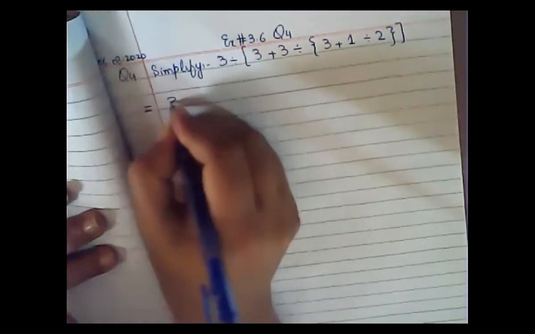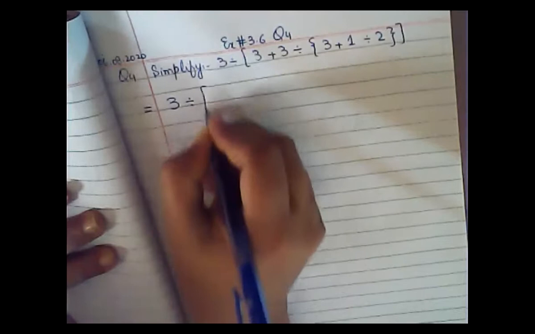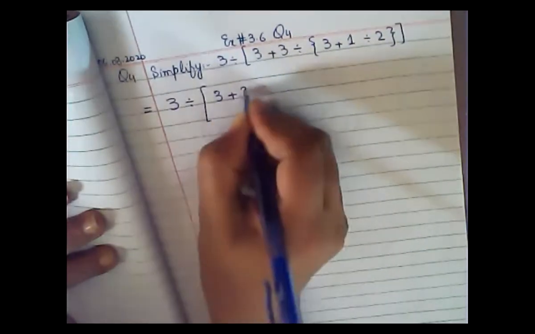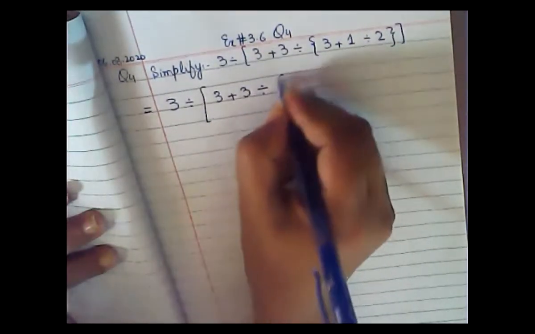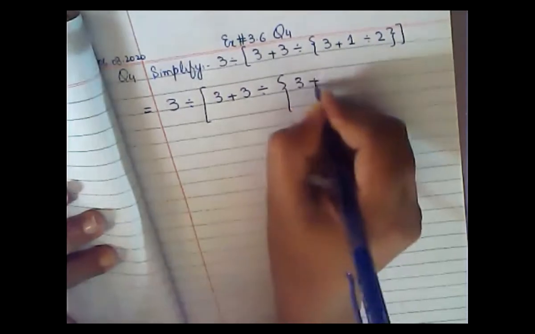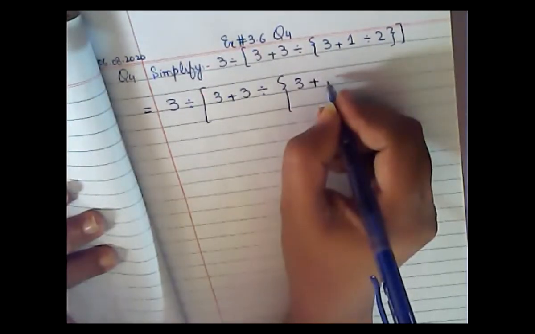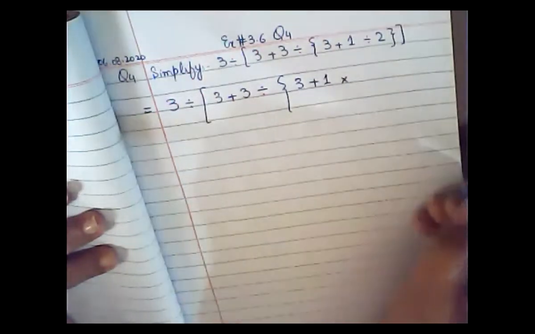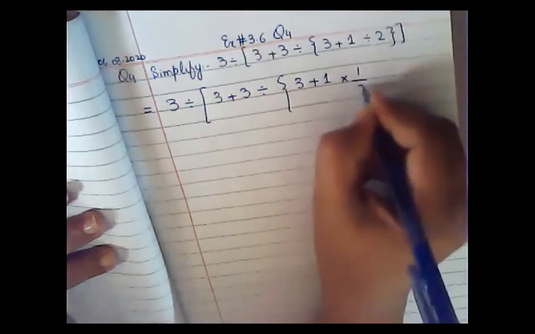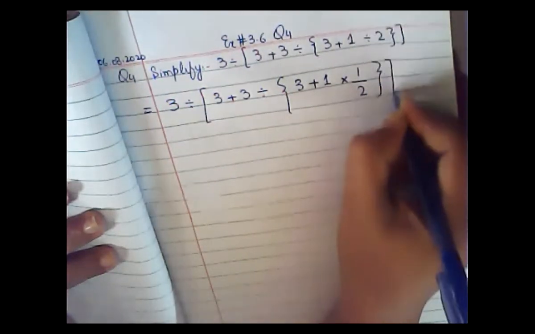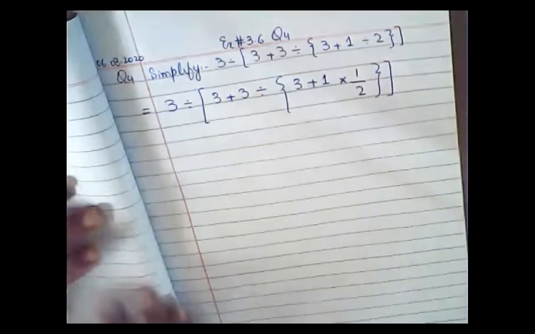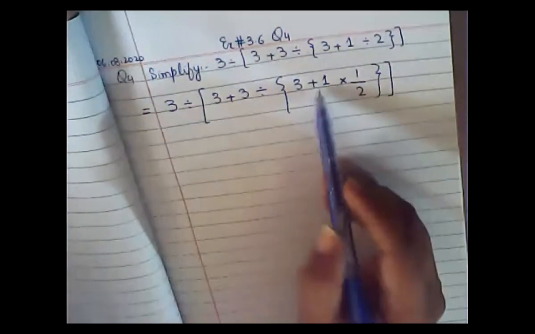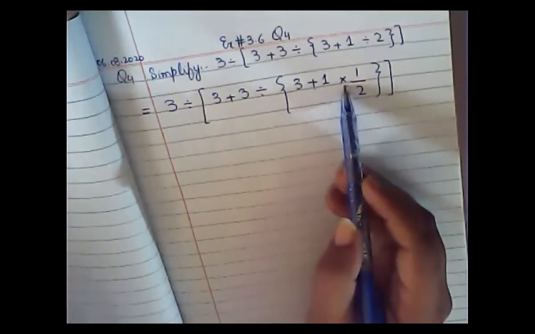I will simply write 3 divided by square bracket 3 plus 3 divided by curly bracket 3 plus 1 multiply by, okay, sign of division will be converted into multiplication and it will become 1 upon 2, curly bracket, square bracket. Okay, now what I have to do, here I have two operations again, addition and multiplication,